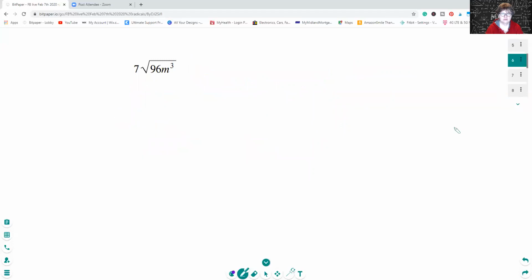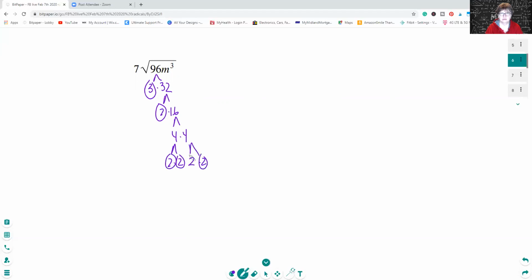Okay, so still square root. You guys know the trick by now. Break down 96. It is different because there's a 7 out there. Notice I'm going to ignore it for right now. So I know that's divisible by 3 because 3 goes into 6. So it'll be 3 times 32, 2 times 16. And notice I'm breaking it down differently this time. 4 times 4. 2 times 2. You can break it down however makes you happy because you're just going to keep breaking it down anyway,